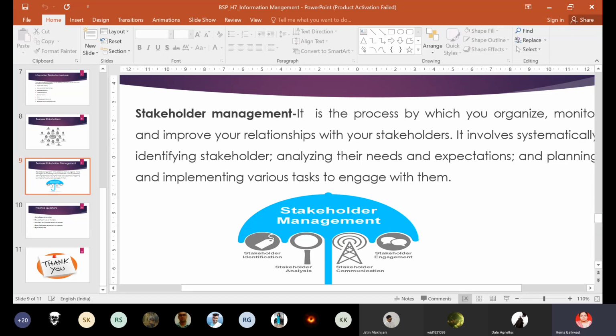After analysis, the next one is stakeholder engagement. What do you mean by stakeholder engagement? Stakeholder engagement means that based on the analysis report, you have to allocate or engage that person accordingly. Assume persons A, B and C. A is good in programming, B is good in testing, and C is good in business requirement analysis, the analytical part. He is good in analytics.